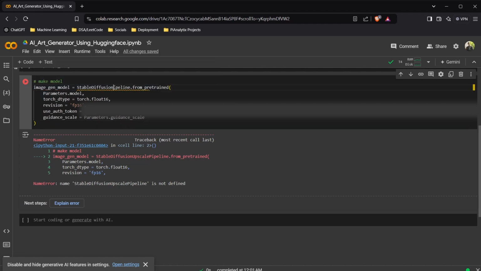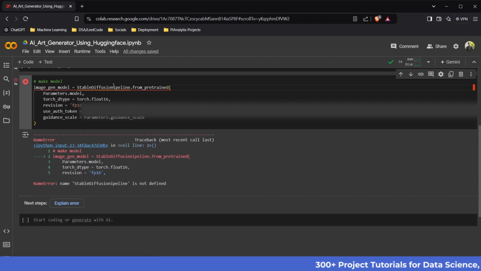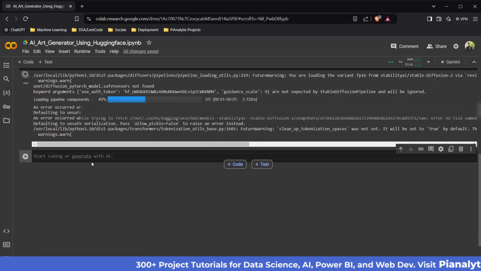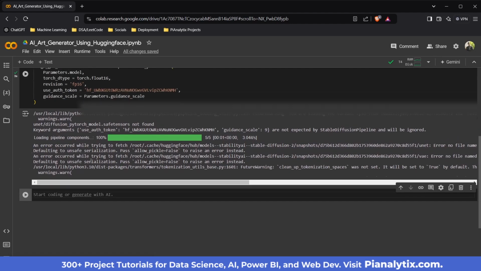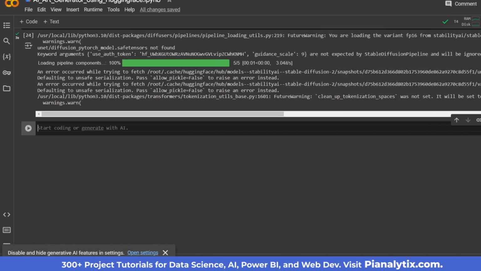Okay, the upscale icon, I actually did wrong here. It should be capital and done. Okay, so it is now downloading some things required for the Stable Diffusion pipeline, and now we will just pass our image gen model